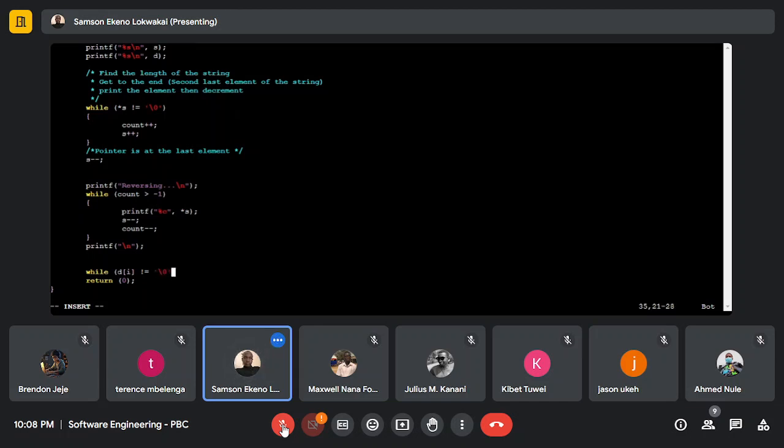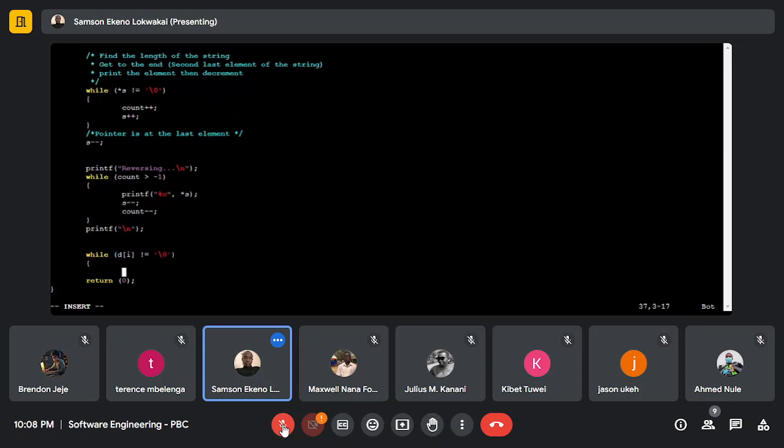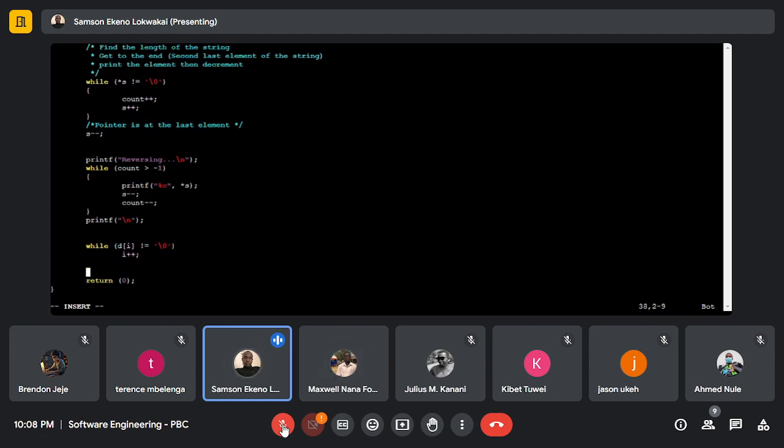Then we increment the iterator. What else are we incrementing? I think that's the only thing we'll be performing in this one, right? That's all. And then after we get to the last, let me comment here, guys. Are we following? So the iterator